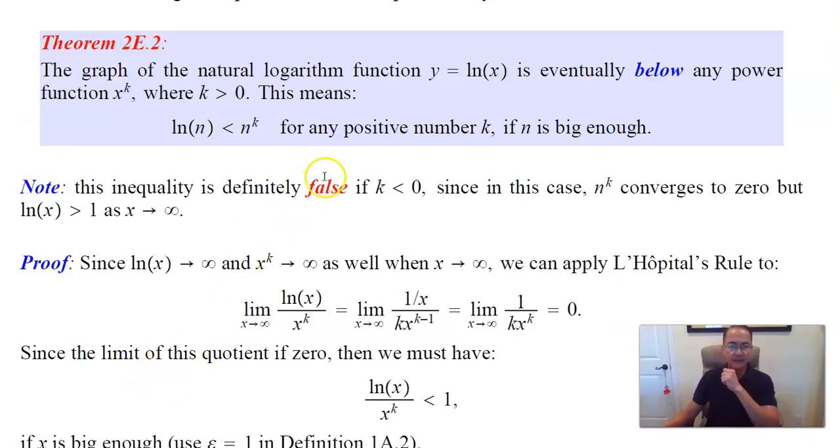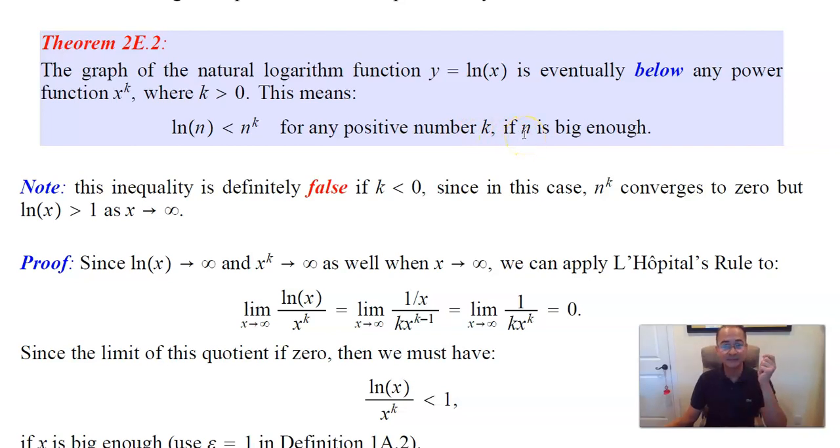This is a very, very strong property. It's an inequality that we are going to take advantage of in order to finish off our problem. The graph of the natural logarithm function, y equals ln of x, is eventually below the graph of any power function, x to the power k, where k is positive. This means that ln of n is less than n to the k for any positive number k if n